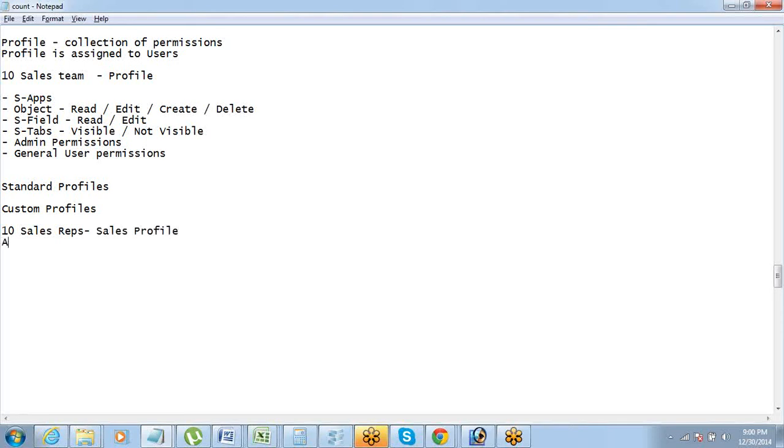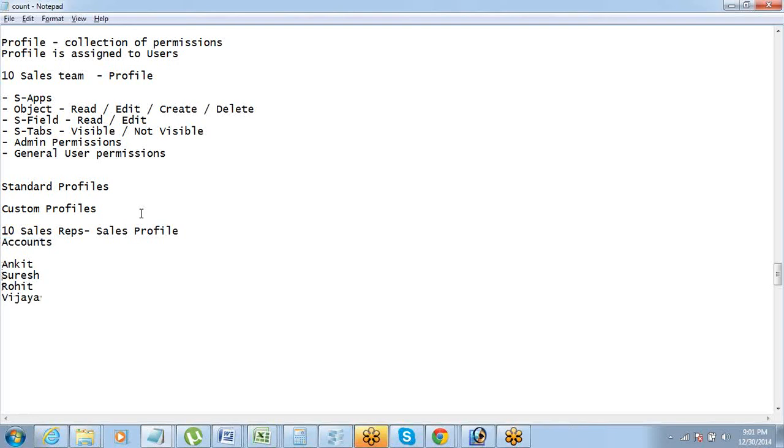The problem is, let's say everyone gets to see accounts. If my sales reps are Ankit, Suresh, Rohit and Vijaya, let's say 4 of you are in the sales team, everyone has access to view, edit, create and delete accounts.